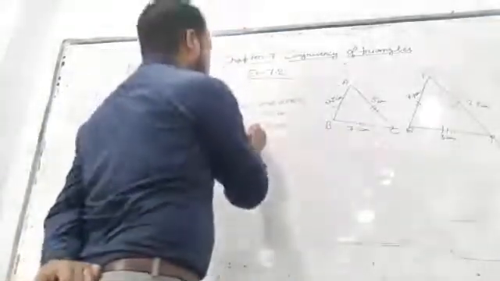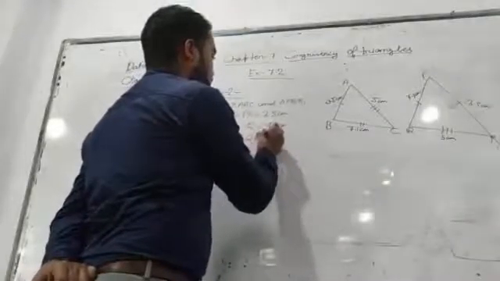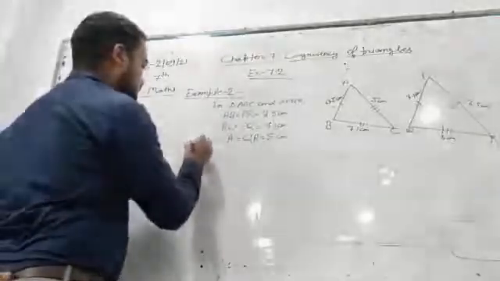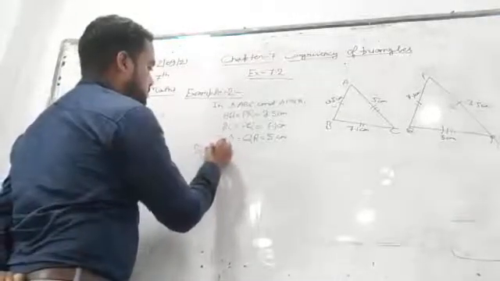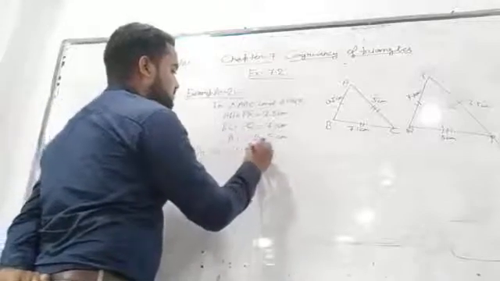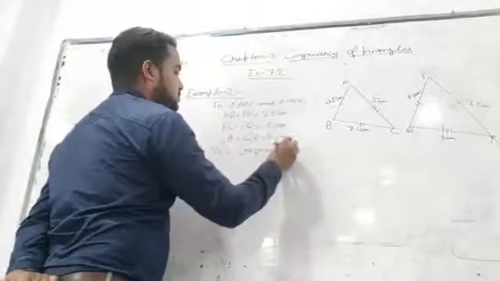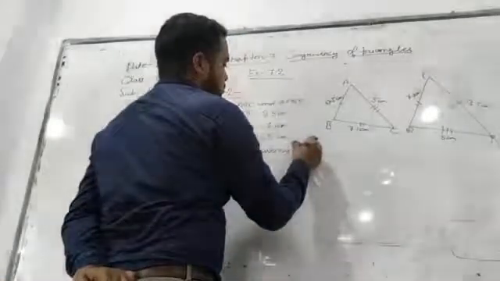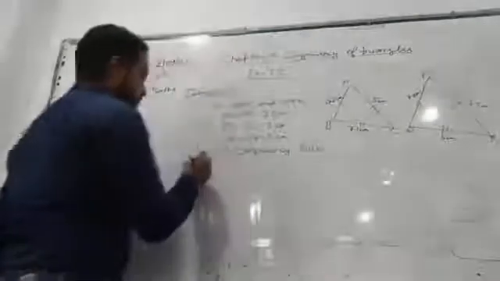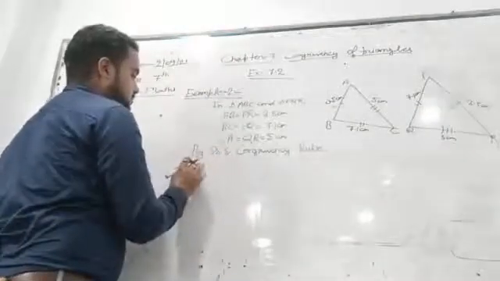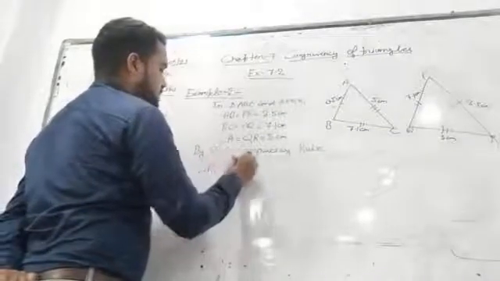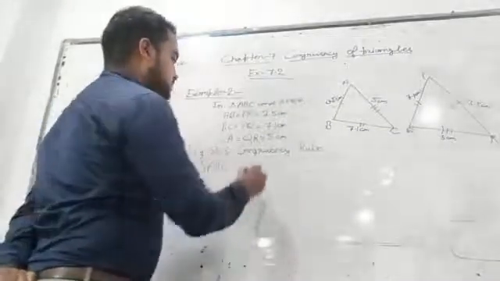That is side QR, which is of 5 centimeter. So by triple S congruency rule, we can say that